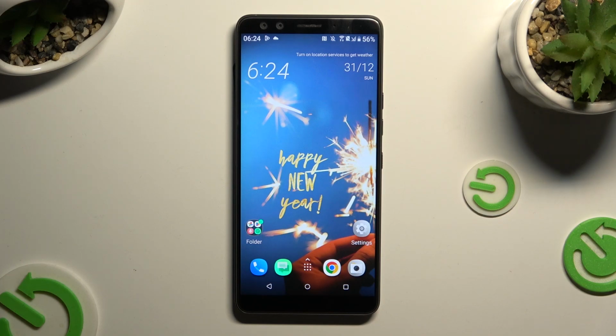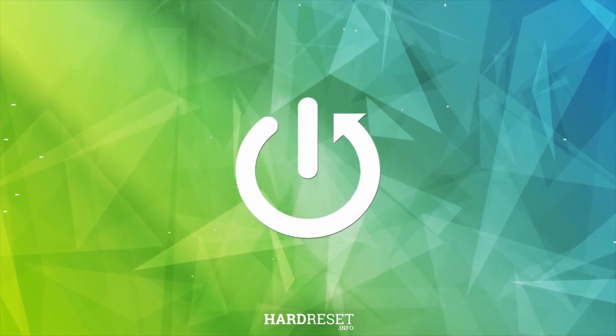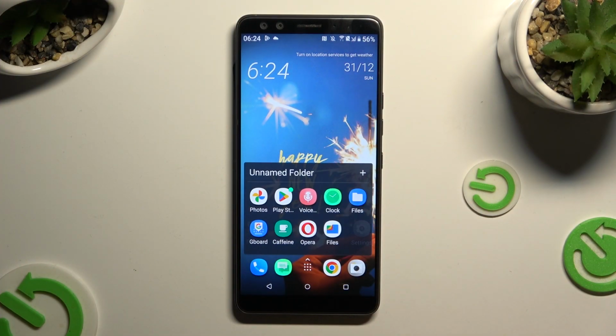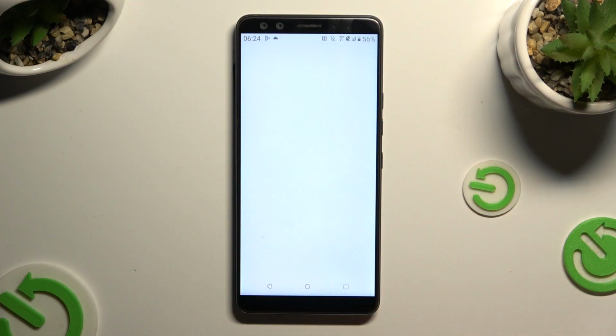In front of me is HTC U12 Plus, and today I would like to show you how you can select and delete multiple photos at once. First of all, you need to access Photos app